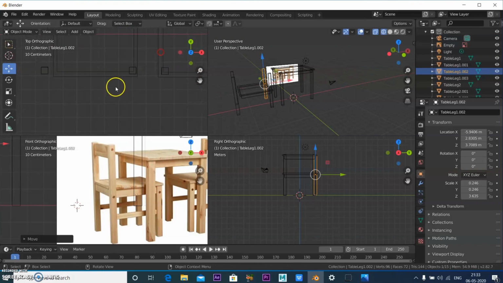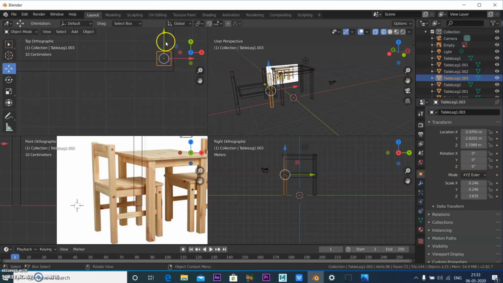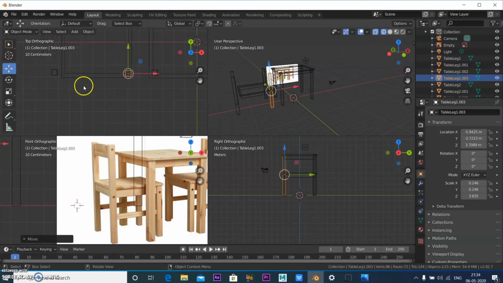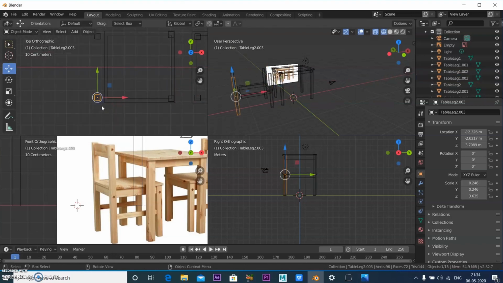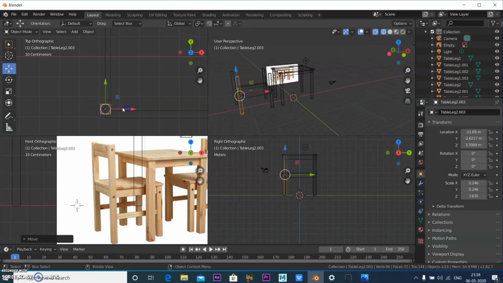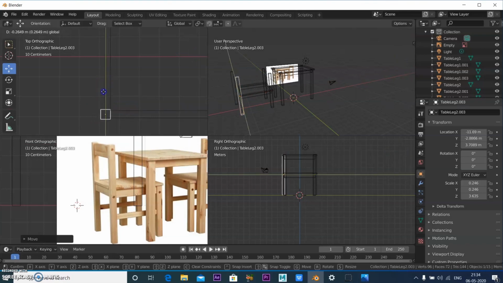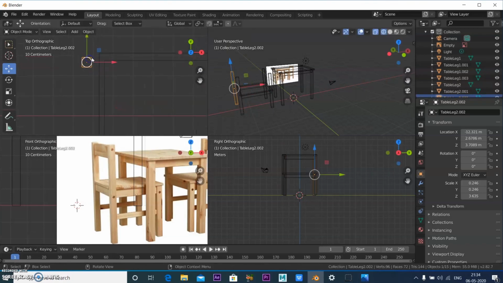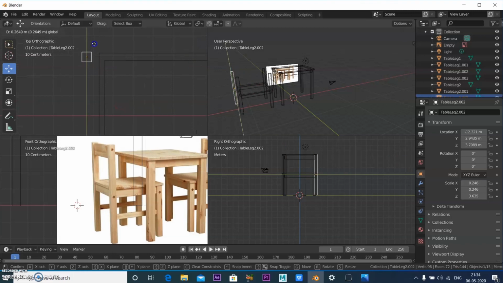I'll just adjust the leg size like this. And this will be outside. So you can just bring this chair leg here. And it should be here, a little outside than this. The only thing we have to do is adjust the leg size properly.